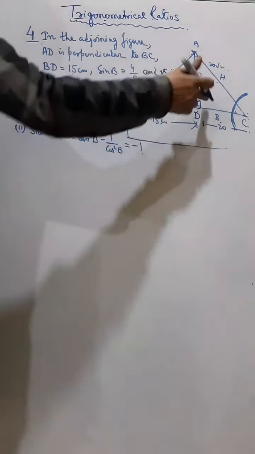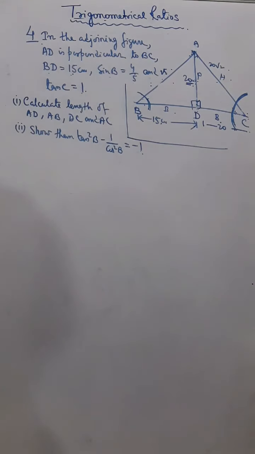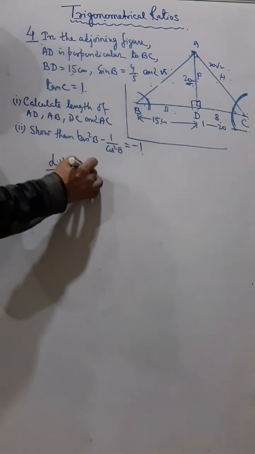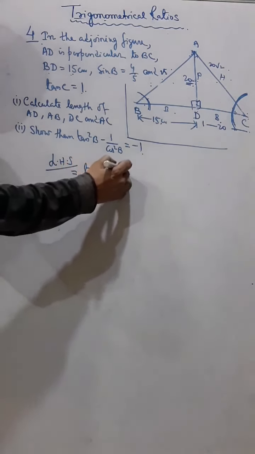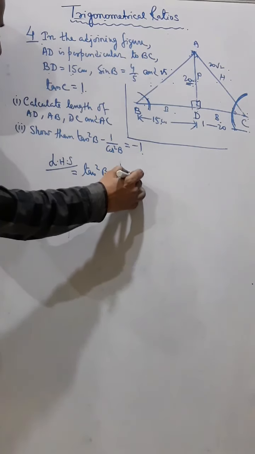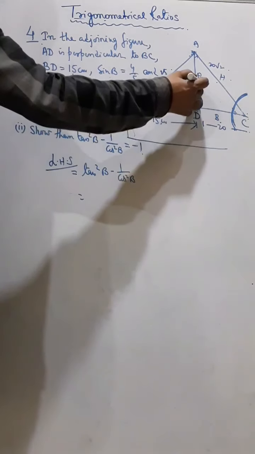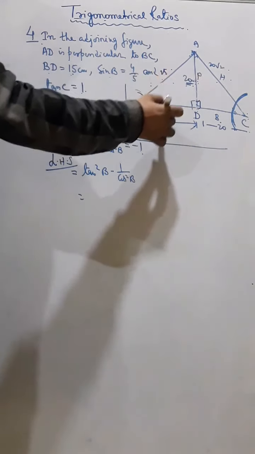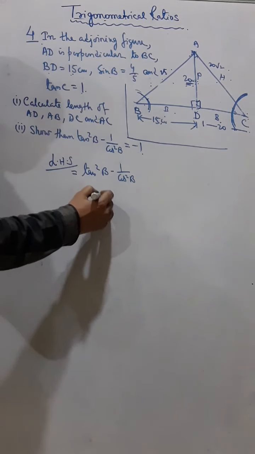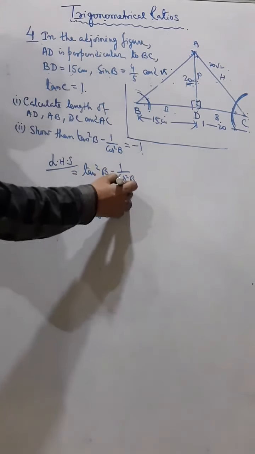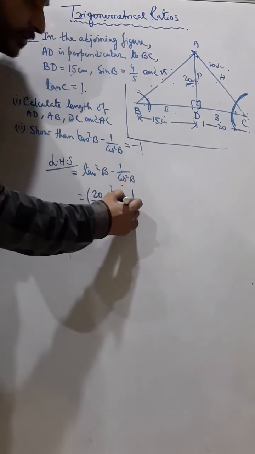Now we already got those values. Now we have to prove that tan square b minus 1 by cos square b equals minus 1. Okay, so for proving we'll start with the left hand side. So left hand side is equal to tan square b minus 1 by cos square b, and then you just put the value of tan b. Again tan b means perpendicular by base, so 20 by 15, 20 by 15 and whole square, and 1 by cos square b, so 1 by